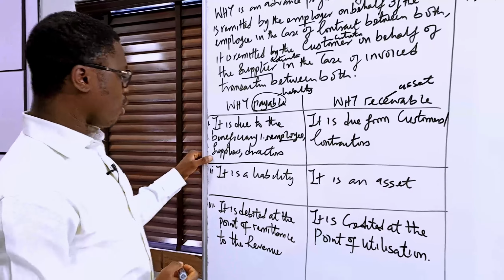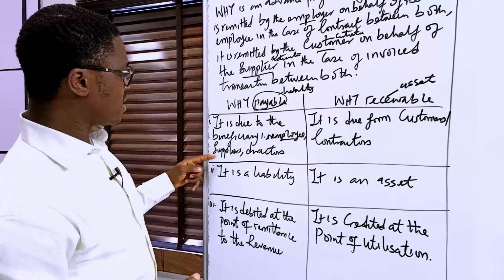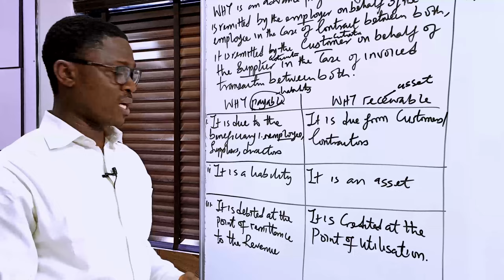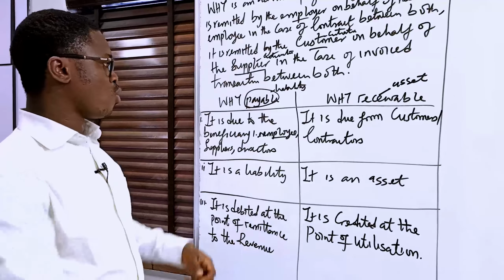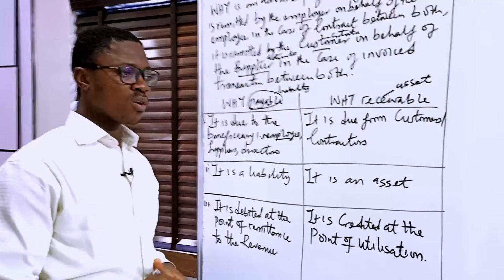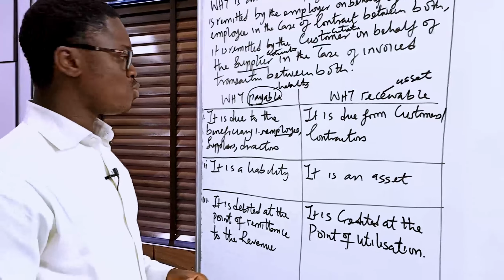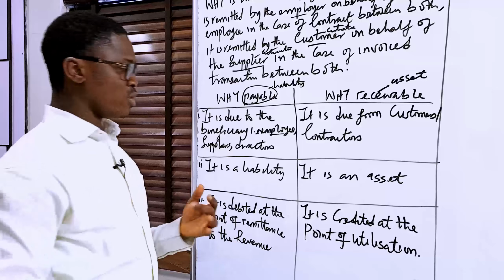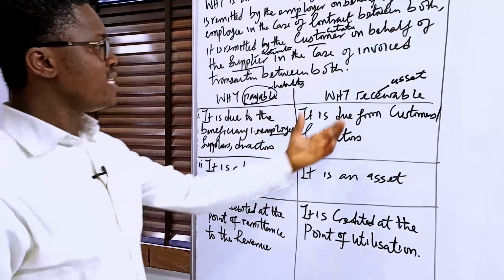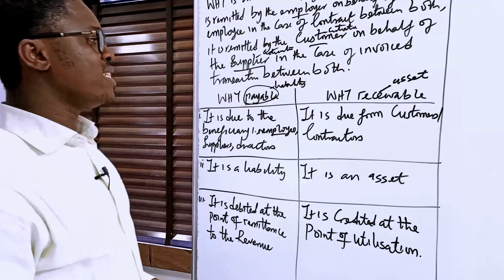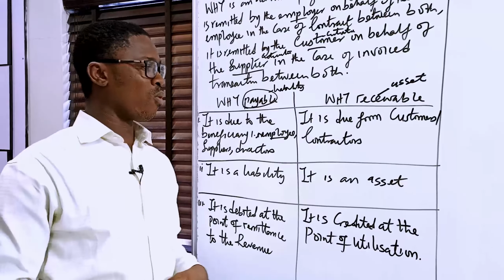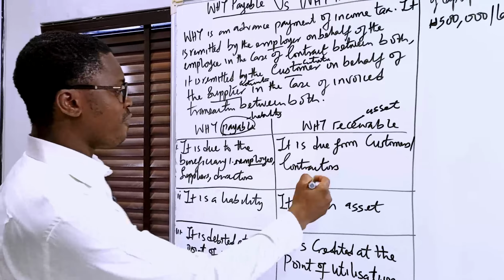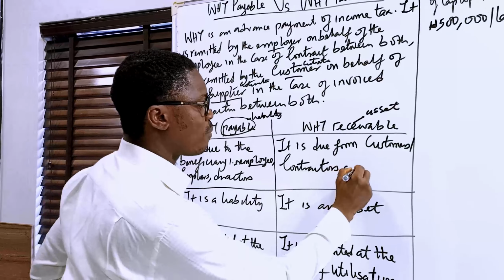And in the case of a supplier, it is due to the supplier. And in the case of payment of remuneration or allowance to a director, it is also due to the director. So withholding tax payable is the withholding tax that is due to revenue on behalf of either the employee, supplier, or contractor. In the case of withholding tax receivable, it is due from customers and contractors. Now, in fact, I can also include the employer here,